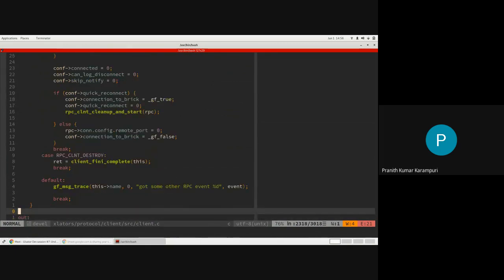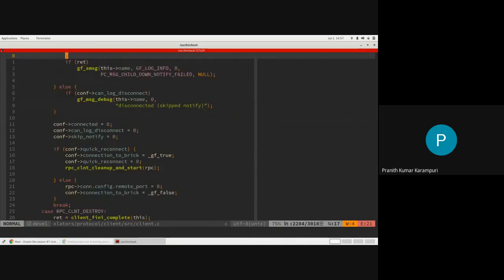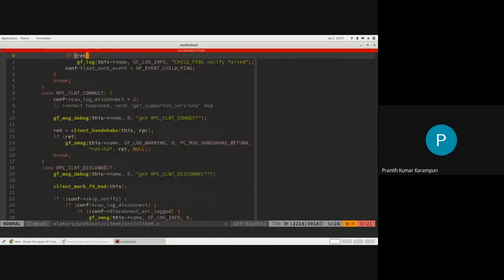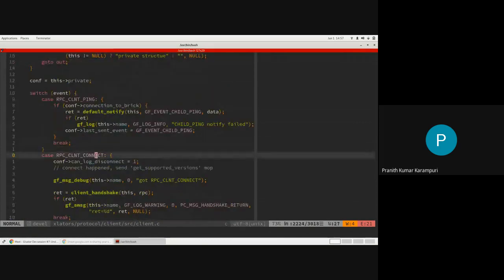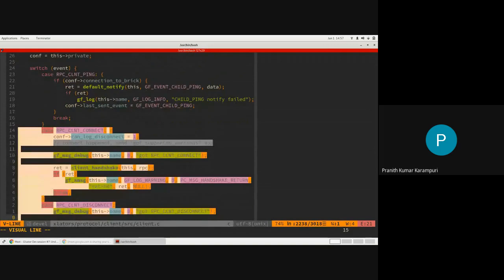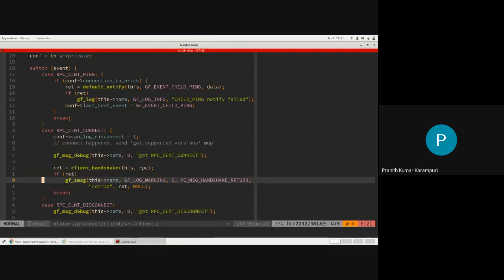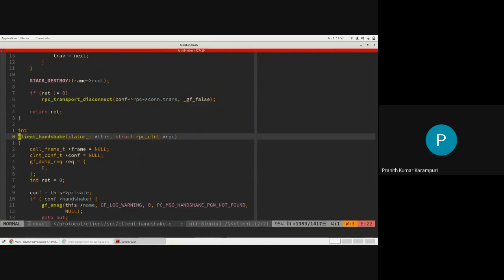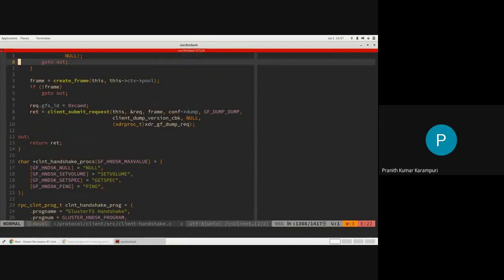So it will trigger a cleanup of the old RPC related things, and then it will start the connection again. Now the connection will be established with the brick. The same RPC client connect event will be invoked again, so the client handshake will start again.